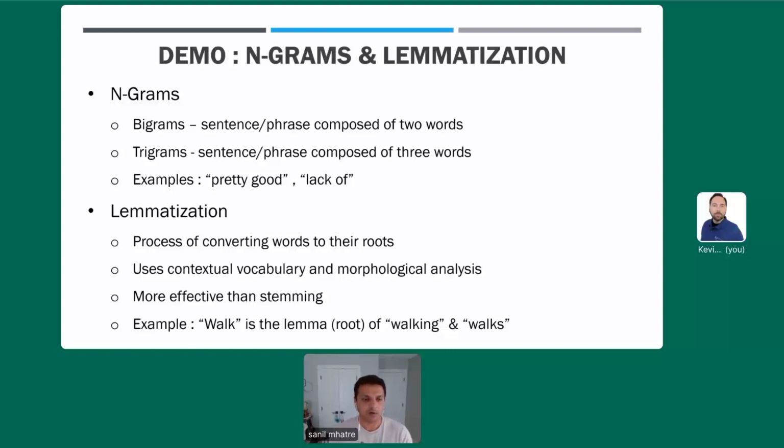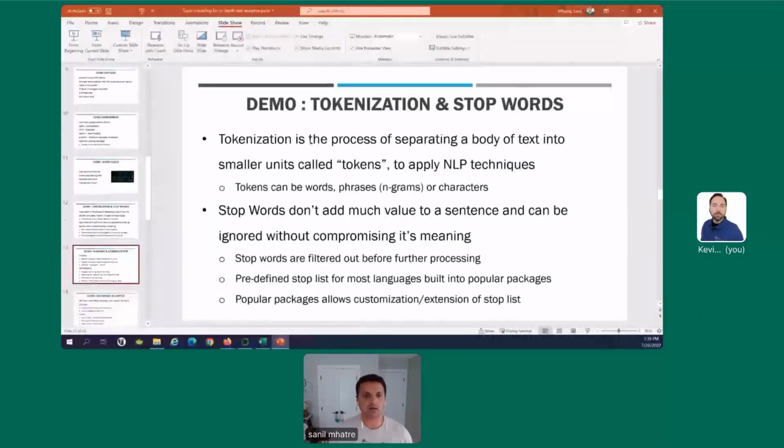An example of lemmatization would be if your text has words like walking and walks, plural with an S, walks. After lemmatization, both of these words would be transformed into its root, walk. That's what is necessary for the machine learning algorithm of topic modeling to do its job. We don't really need the noise created by several variations of the word walk. We just need to know its root, walk. So we'll perform these steps in our code.